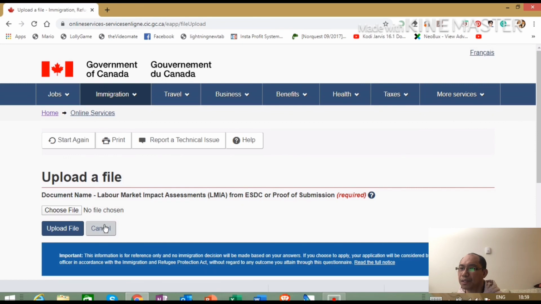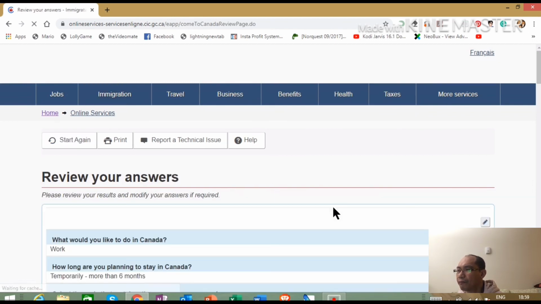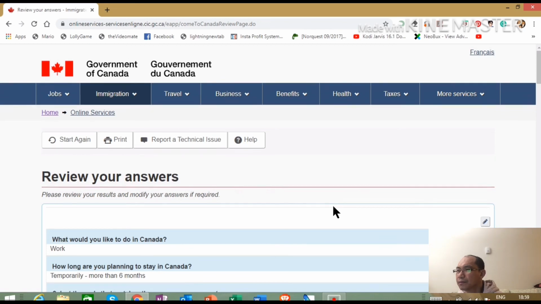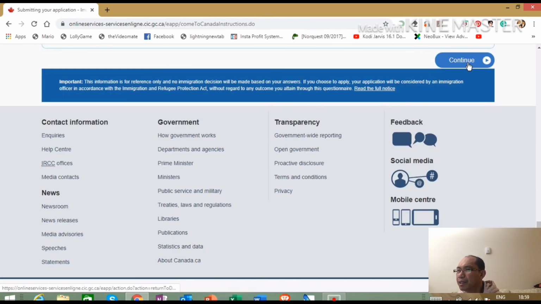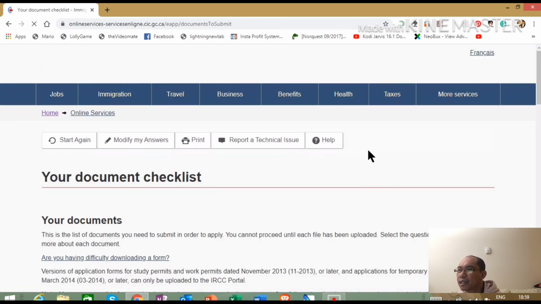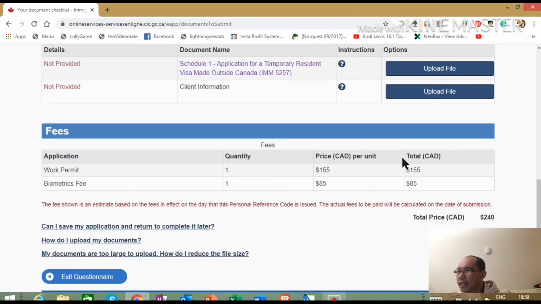And afterwards, when all the documents are uploaded already, then you can pay. You can see the payment button towards the end of the screen. Somewhere here you will see it. So you can start filling up your form,